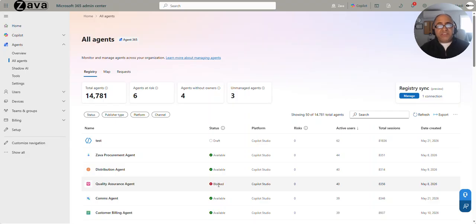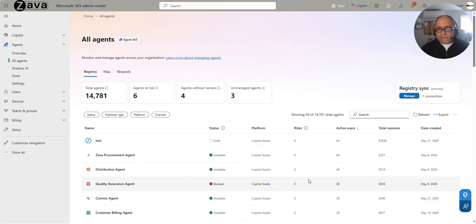If for whatever reason you find an agent and you don't understand who gave access to that agent and what the agent is doing, or you want to review what the agent has access to, then you can block this agent. Let me just block it for now until we review it. We can do that with a click of the button. We'll show that a little bit later. We see the total sessions that they created, so we see at a glance a lot of information